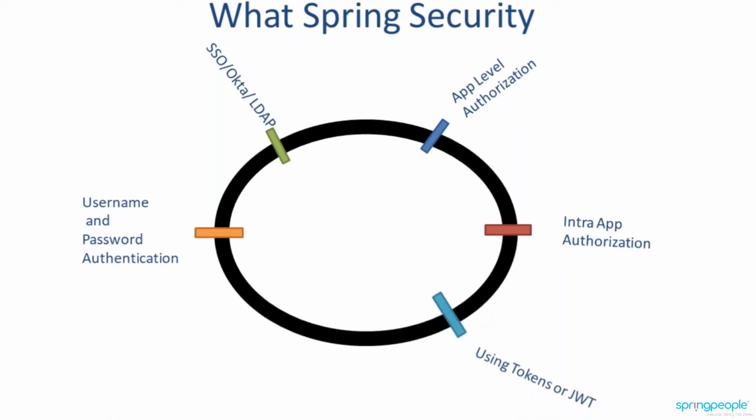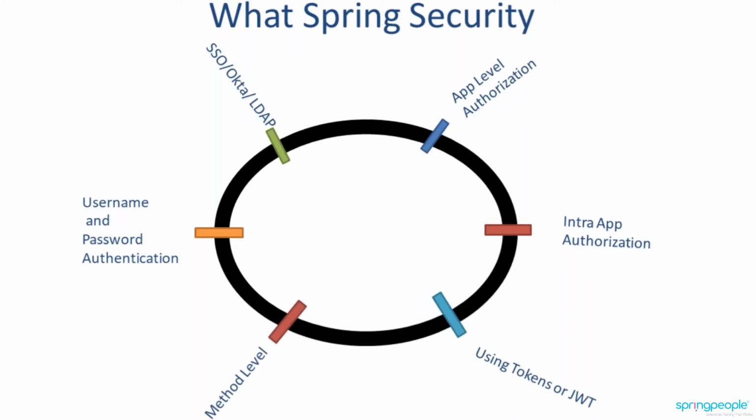Then using tokens or JWT, because when you go with passwords, the password can be stolen. So I want to allow with some token kind of thing, where the popular token is JWT, which is JSON Web Tokens. By using this token, we can control what type of accessibility is to be provided, and we can configure different types of tokens here, either bearer token or refresh token or access token. These tokens can be configured for Spring Security.